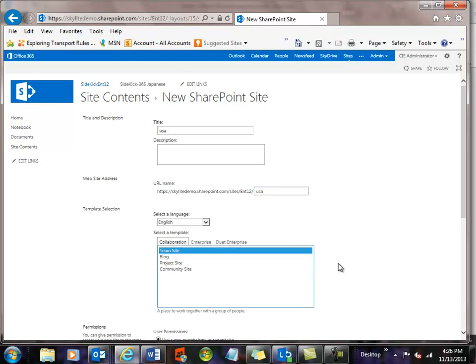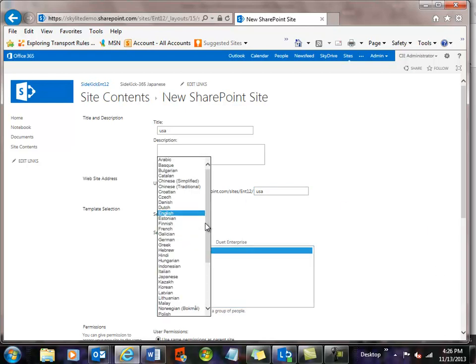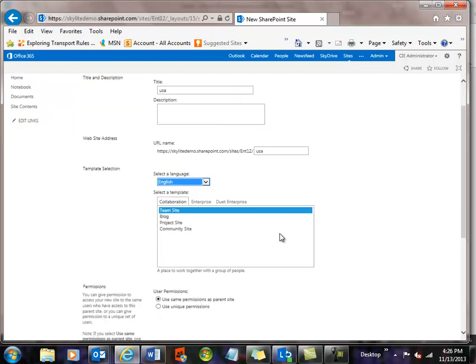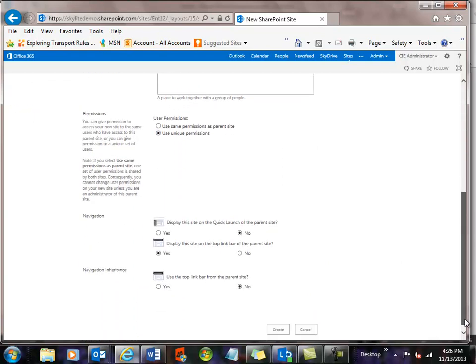I'm going to make it a team site, and I can do different languages. As you probably are aware, our app now supports 10 different languages, and we're adding more all the time. But in this case, I'll pick English. And this is an important step here. I'm going to go ahead and select the use unique permissions option, and then I'll leave everything else the same